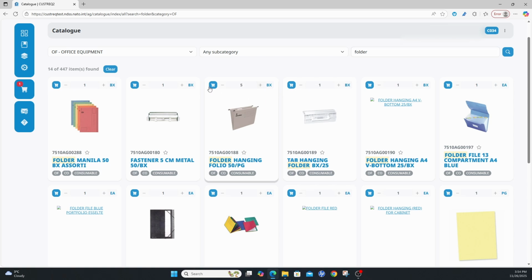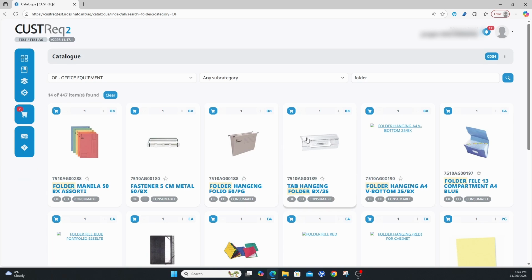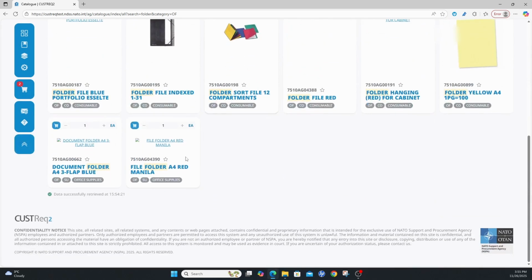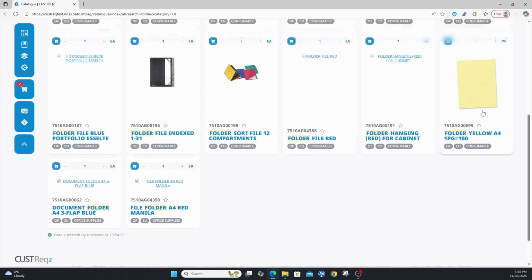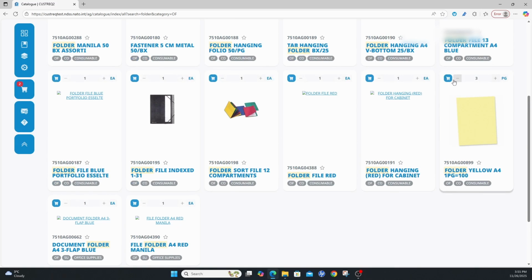So I'm just saying plus, add to cart, and you will see now that in my shopping cart I have 2 different items. It will also show me the total price of 190 euros and 86 cents. So I will continue shopping. I need 3 of A4 yellow folders, add to shopping cart,